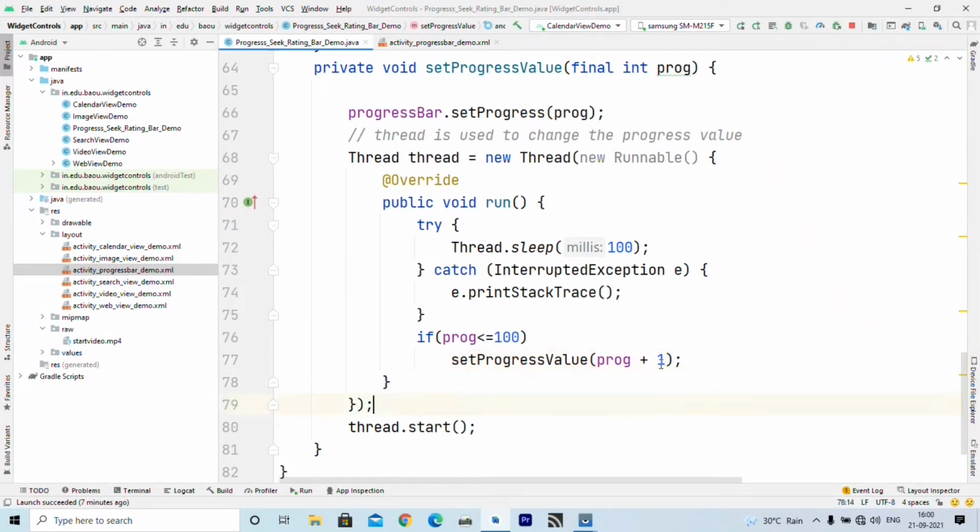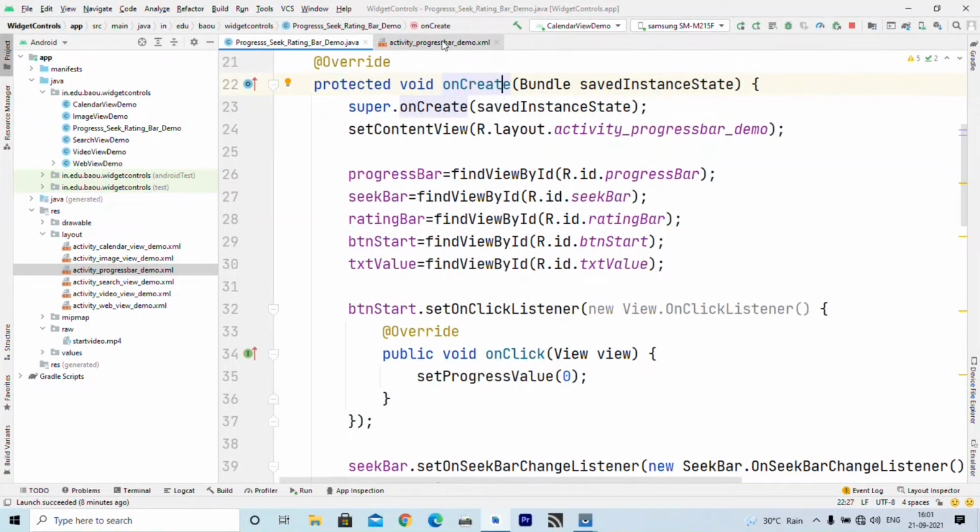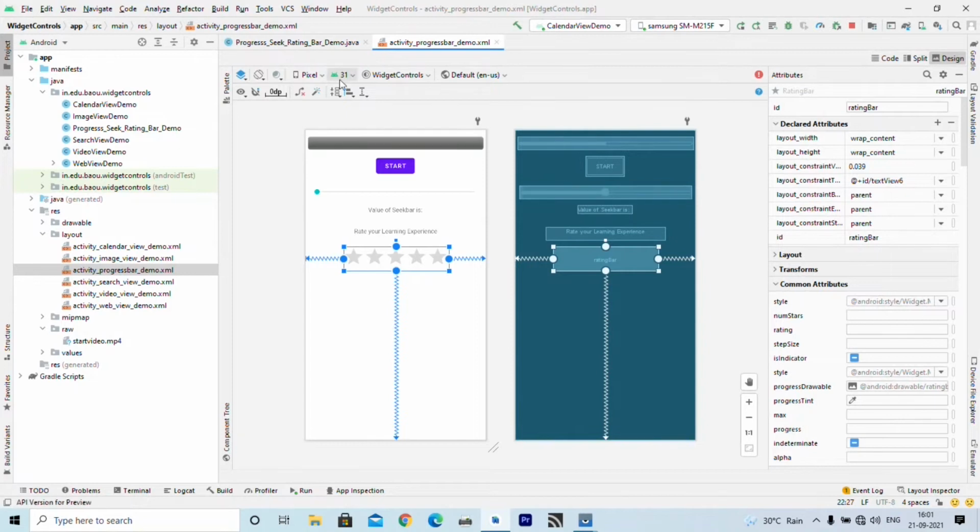So finally we call thread dot start, which actually executes this run method. So this code will increment value of progress bar 1 by 1 until it reaches 100, and there should be a delay of 100 milliseconds between each progress, right? We want to understand this part, seek bar, right?